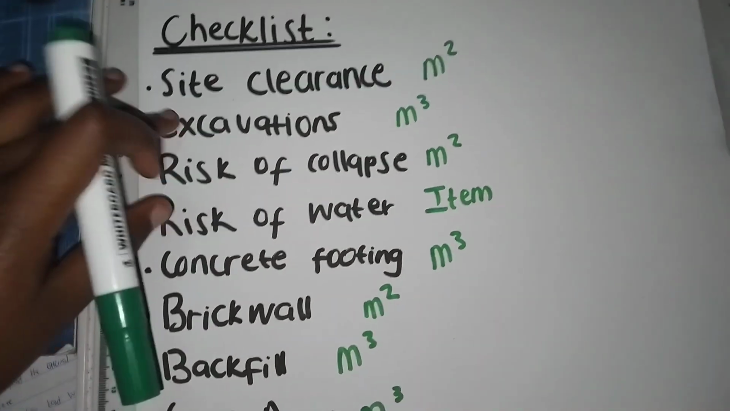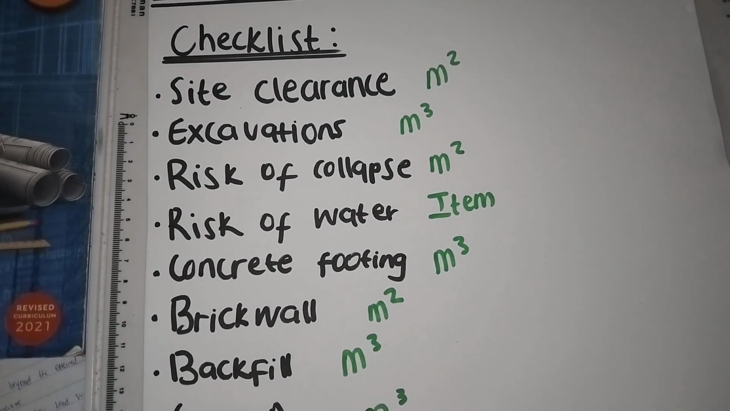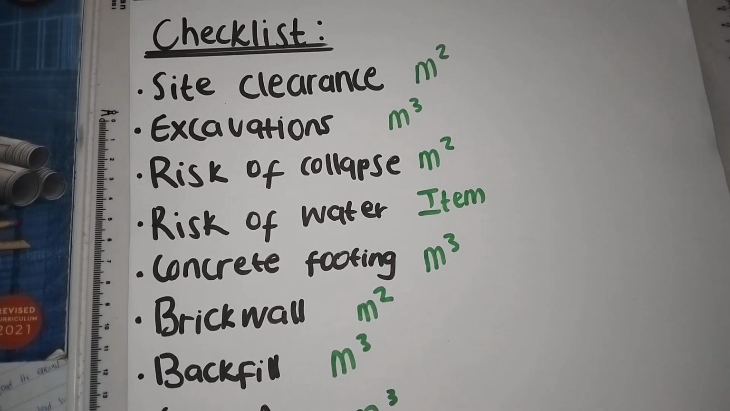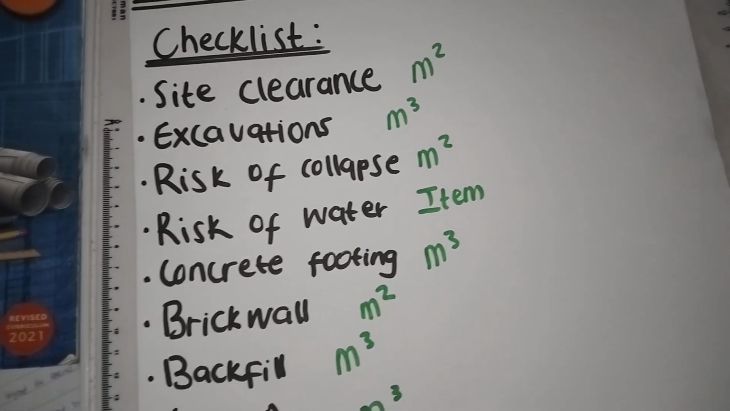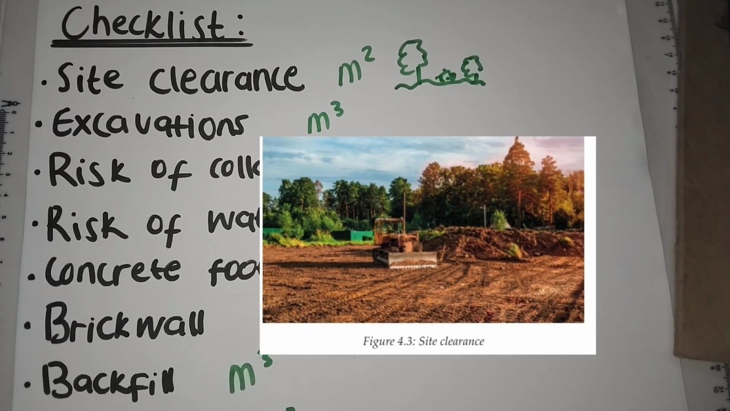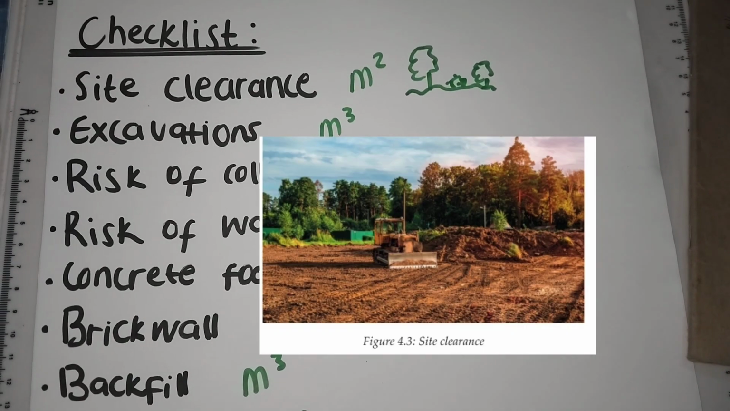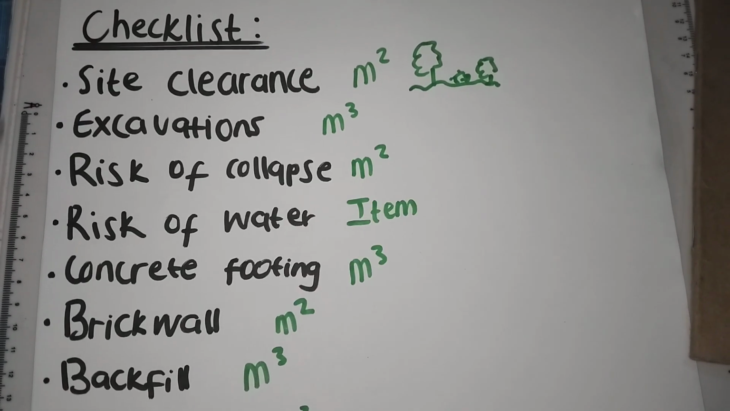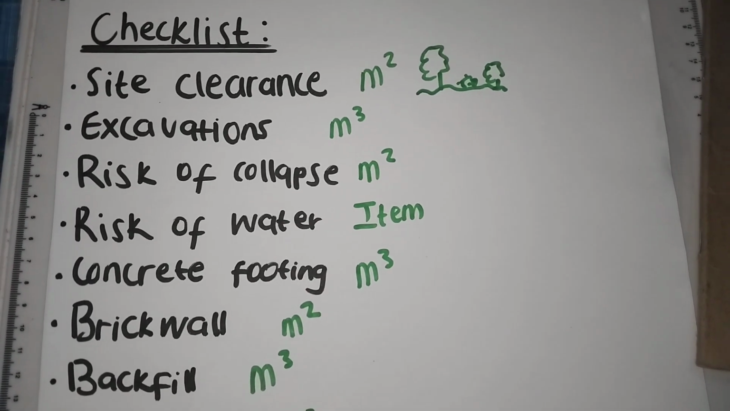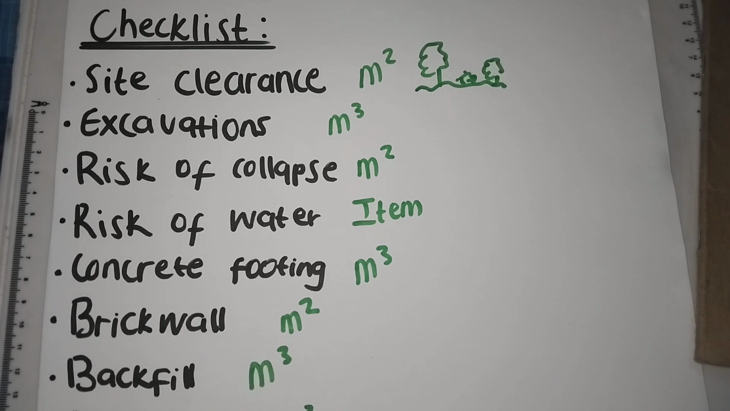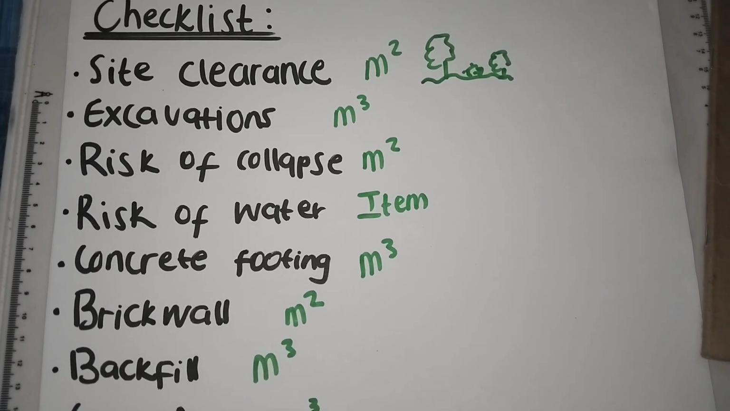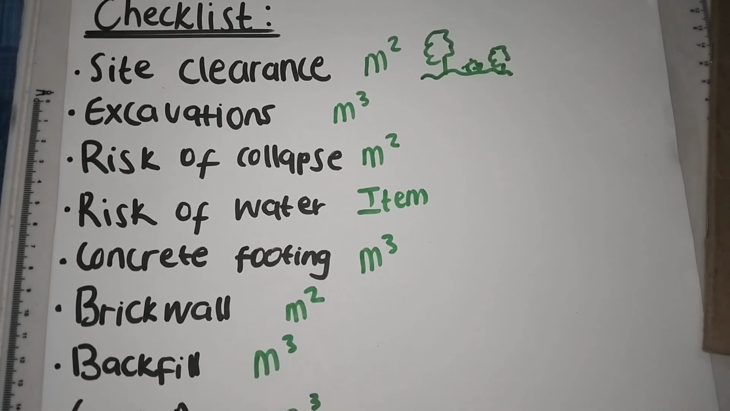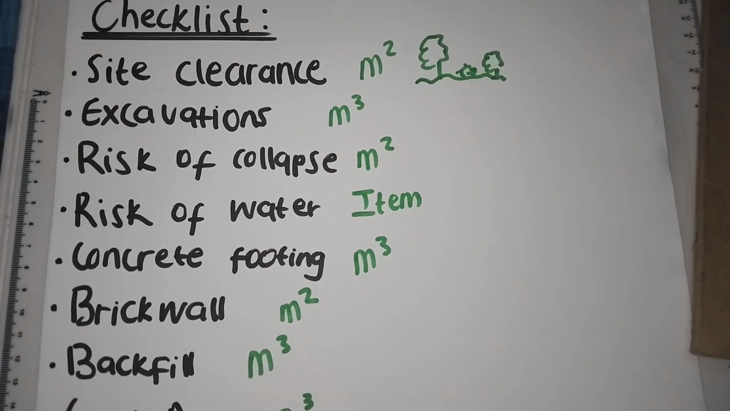So first of all, you're going to have to clear a site. When you have to start construction, you will find your site looking like this. So what you have to do is clear out everything so that you can start building. You cannot just start with digging the foundation; you firstly have to clear your site. That is why on the checklist, the first thing is site clearance, so that your site can simply look like this,